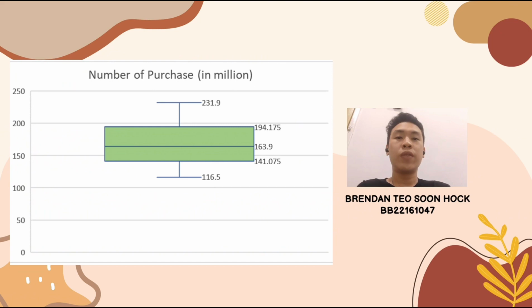So this is the box plot for number of purchases, where the outliers are 231.9 million and 116.5 million, while the third quartile is 194.175 million, the median is 163.9 million, and the first quartile is